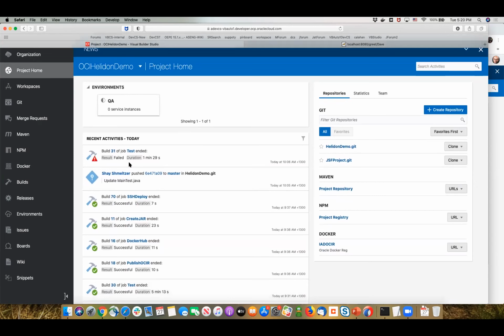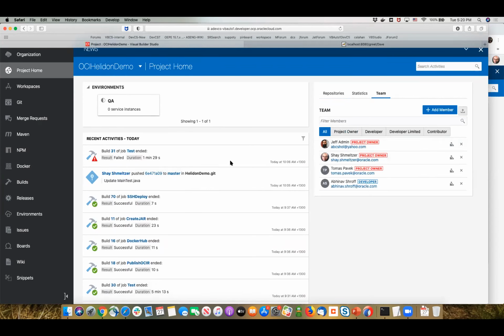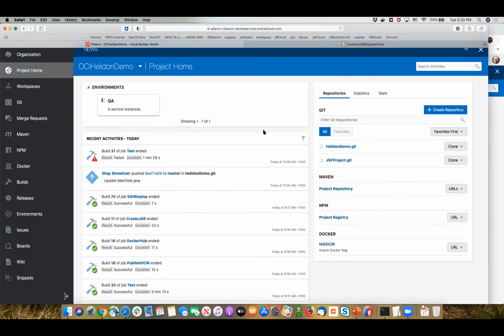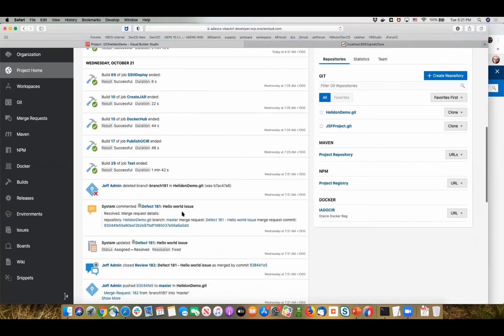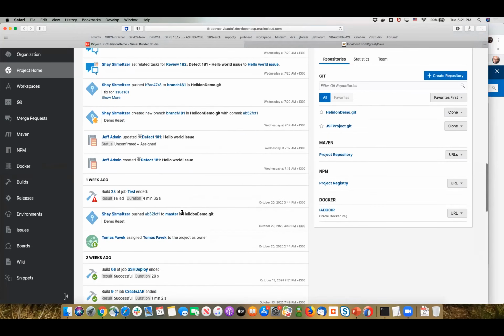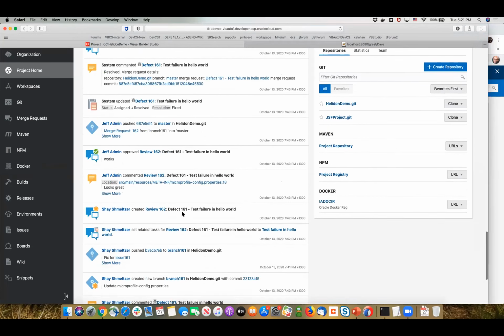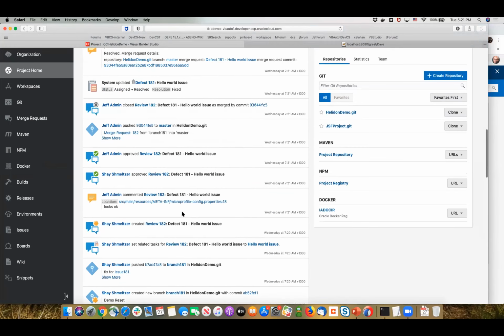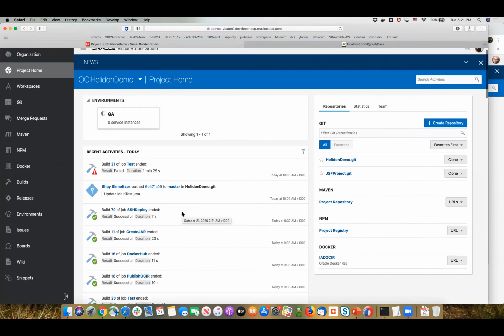This is not just my activities. Those are all the activities in our project done by any one of my team members. And you can see, for example, in this project, we have 4 members of the team. Each one can have a different role. Each one can have different privileges about what they can do inside the project. Over here in the recent activity, I can see exactly what happened in my project over the last several days, weeks. It all depends on how long I'm willing to scroll down. This is just like your Facebook feed, but it's for work-related items.